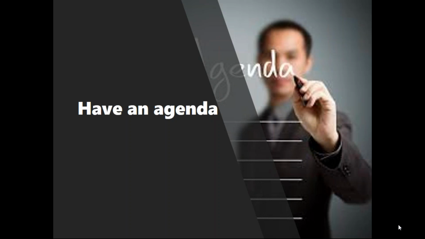And usually with an agenda, the best advice I can give you is the most important item goes at the top and the least important item goes to the bottom. So in other words, if you run out of time, it'll mean that you're running out of time on the least important things in the meeting, which means that can carry over to the next meeting. So put the most important things first, right through the least important.